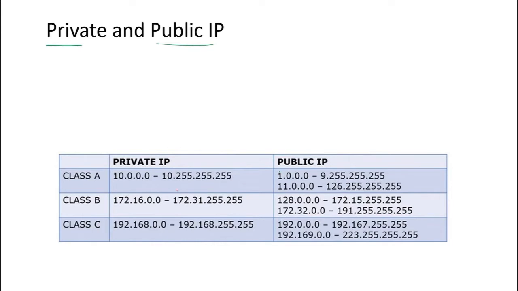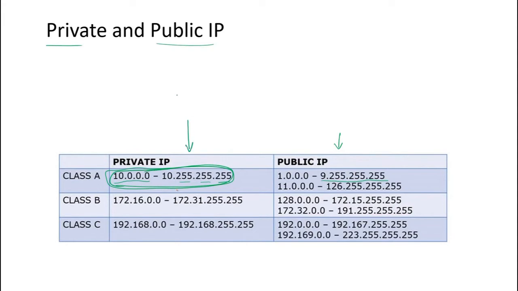So private, this is what is happening with whatever IP addresses we have. From 1.0.0.0 to 9.255.255.255, that is a public IP. In between, we have given one private IP range that starts after 9.255.255.255. If you increase it by one, you will get 10.0.0.0. You increment all the values and get up to 255.255.255, right? So till this, in class A, we have this much range of private IP addresses,